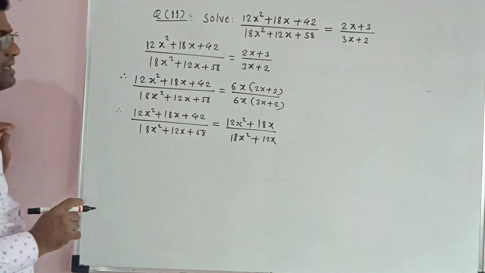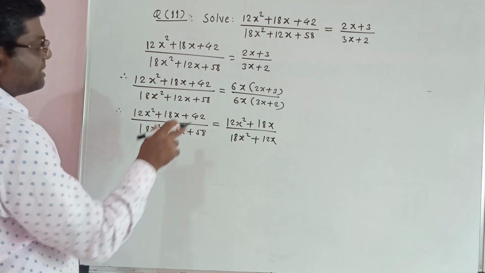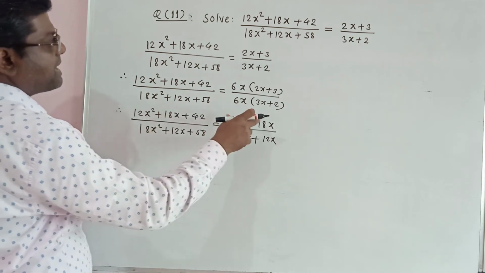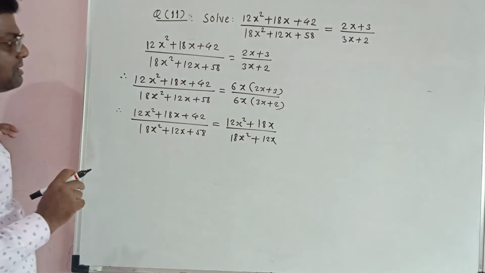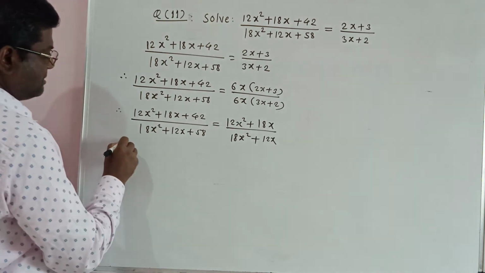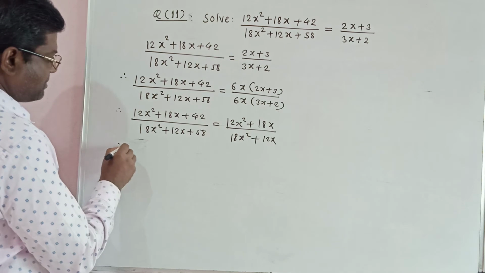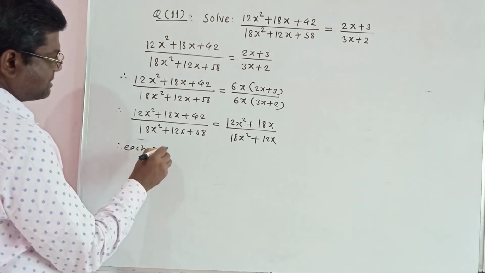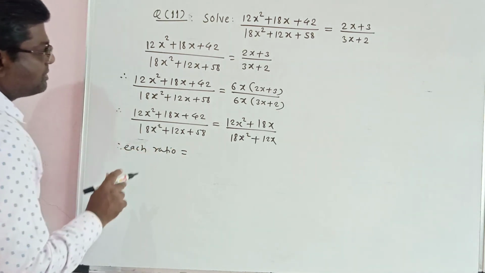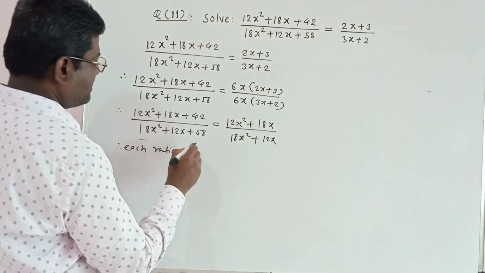Now use the theorem on equal ratios, that is numerator minus numerator, and we write the numerator. Each ratio is equal to this numerator minus this numerator,